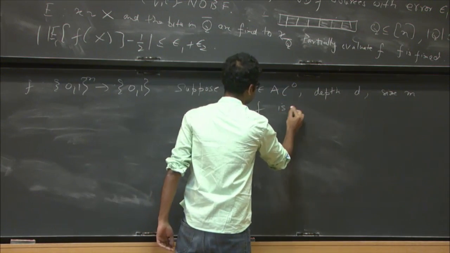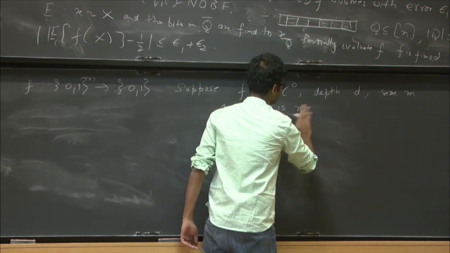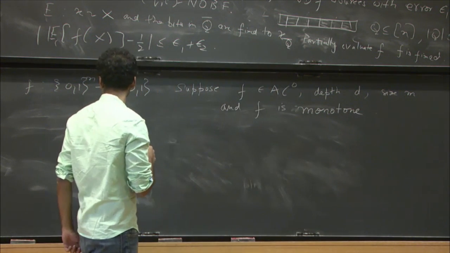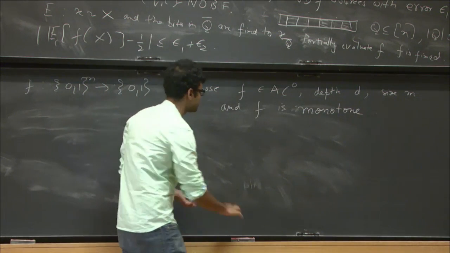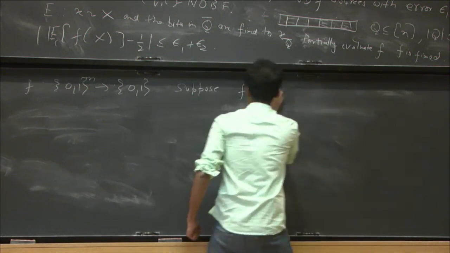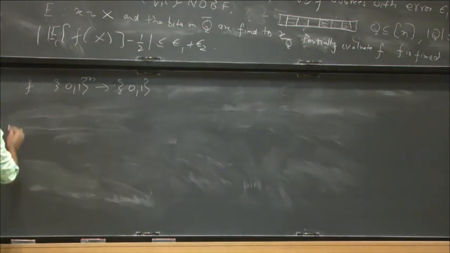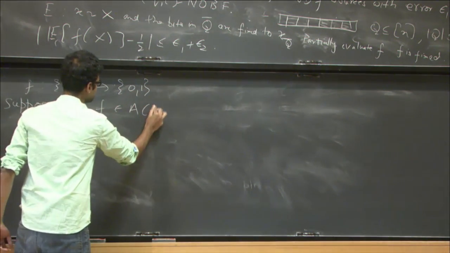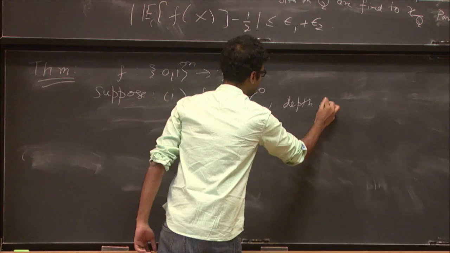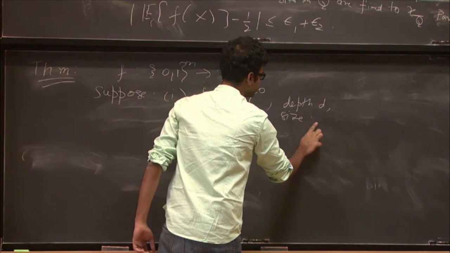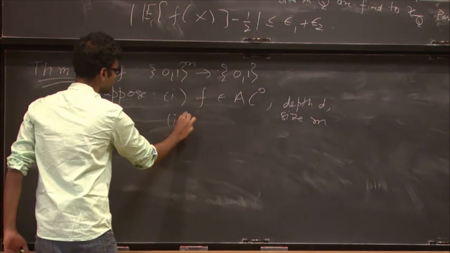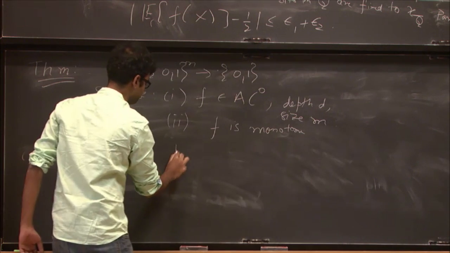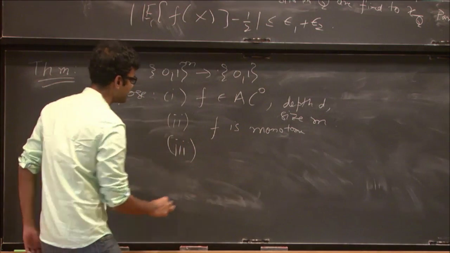And further, f is monotone. F is an AC0, depth d, size m. And the influence of